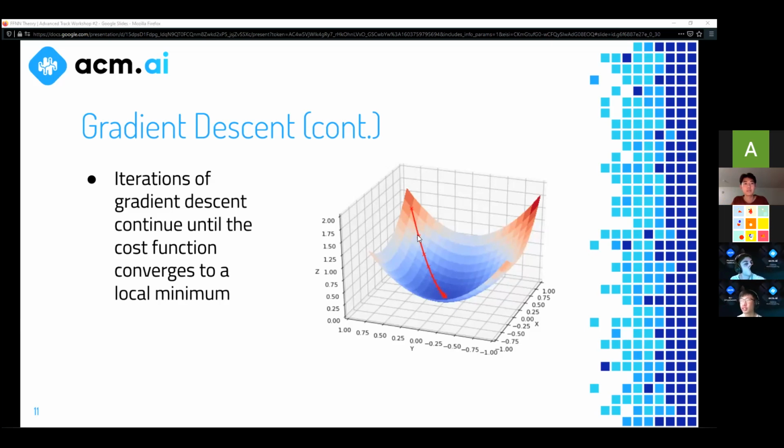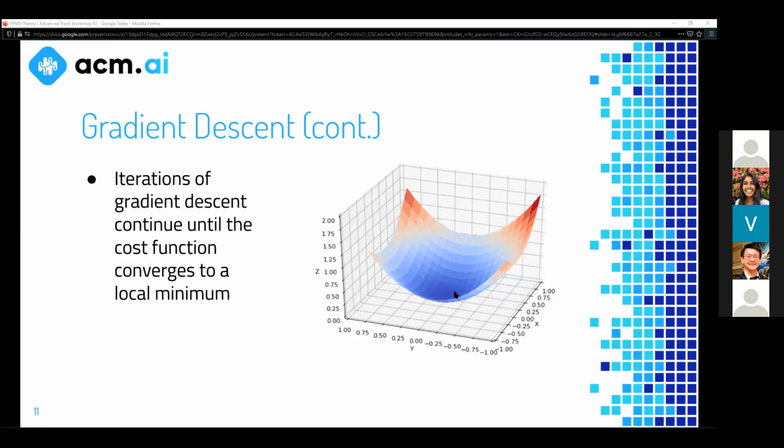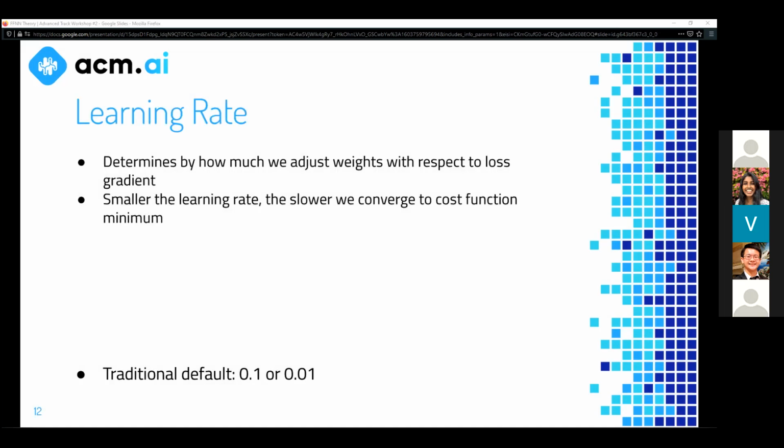If we continue doing this until we reach a global minimum, or a local minimum, we can tell when we reach one of these minimums by the fact that if we keep iterating, the loss doesn't really change, or it changes very little. That's how we know that we've converged at a local minimum. And so every single one of these jumps is one pass through of the algorithm. Yeah, and we're gonna discuss this algorithm in detail in the coming slides. Right. And I think that's the only thing I wanted to talk about there.